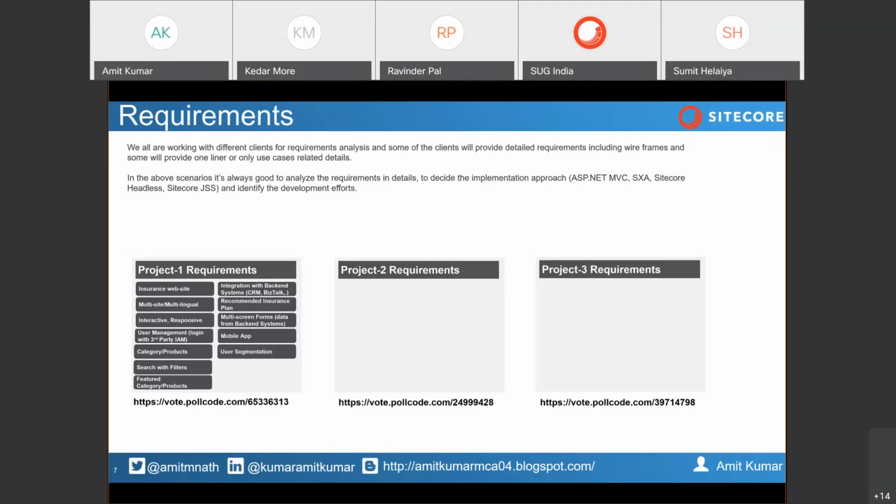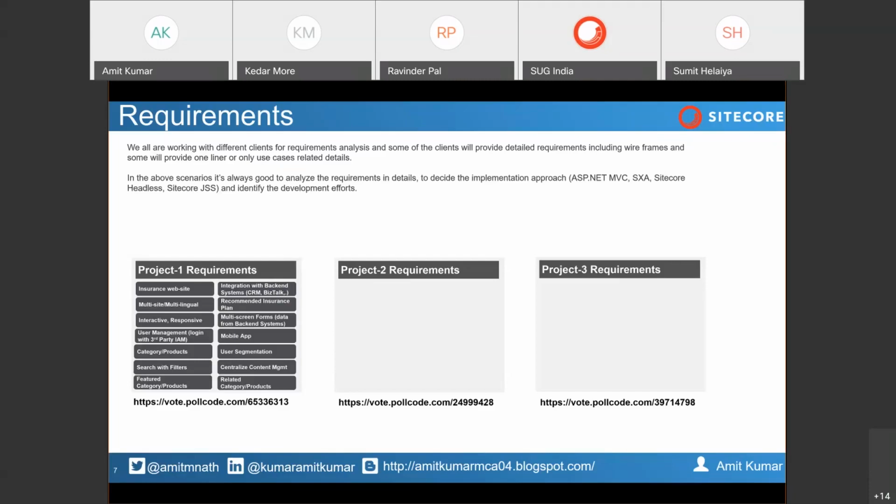User segmentation needs to be there because you need to use marketing automation or other digital marketing capabilities of Sitecore. The client is looking for user segmentation, and they want to manage the content from a centralized location. Related categories or products also need to be displayed. So this is one of the project requirements.